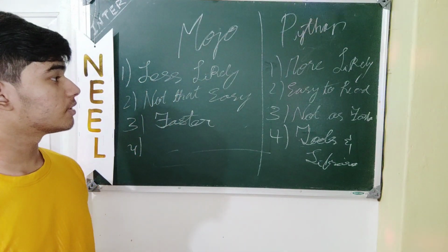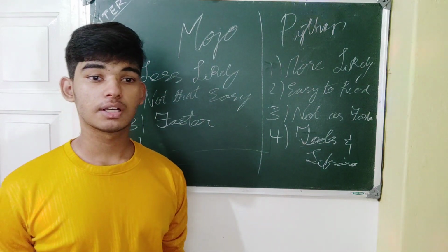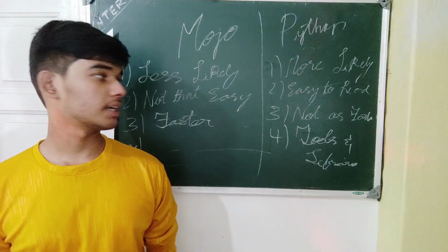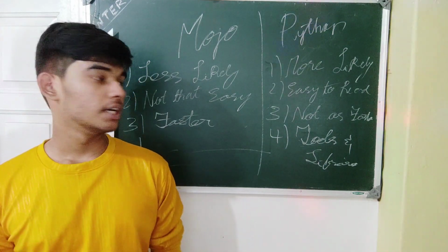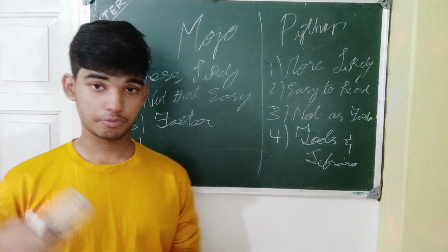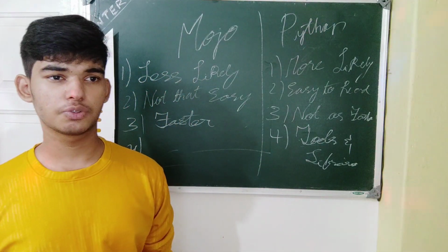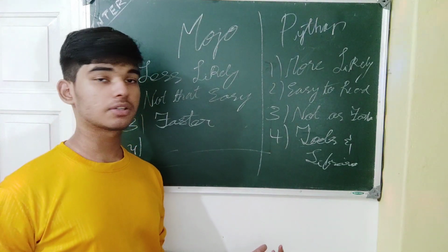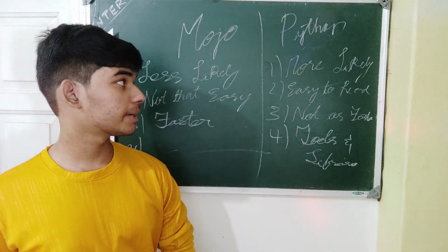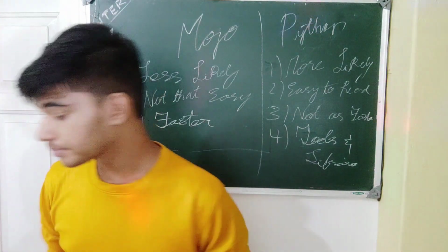And since Python has a much bigger community than Mojo, it makes Python much easier to search for and much easier to troubleshoot. For example, when you're having an error, it is much easier to search on Google for what to do with an error in Python than in Mojo, because there are many more experienced people in Python than there are in Mojo. So that is where Python also gets the upper hand.